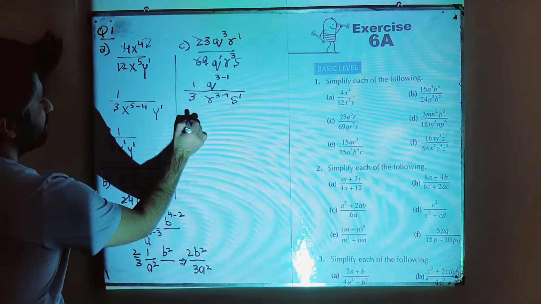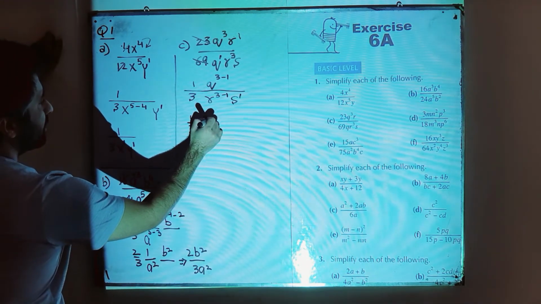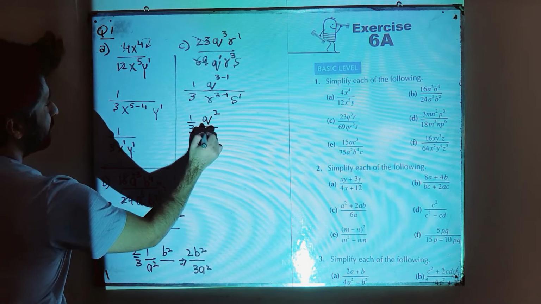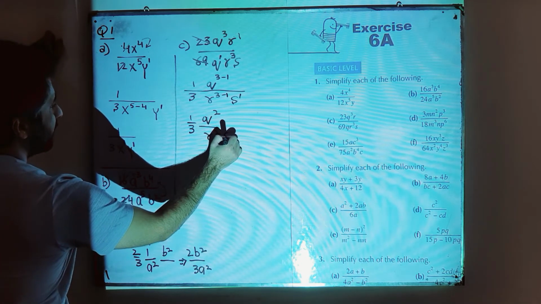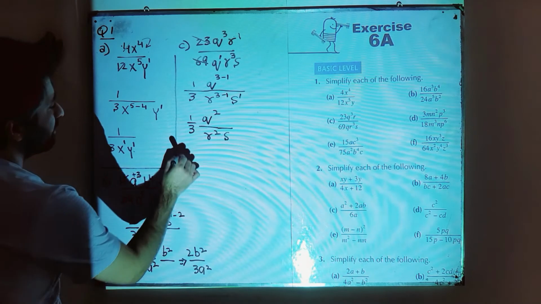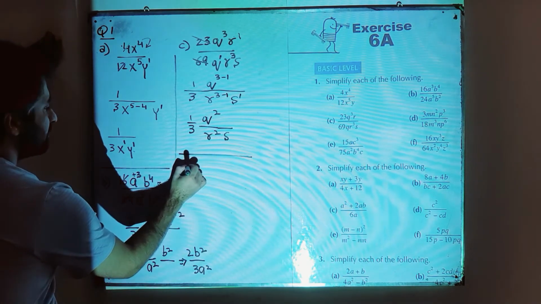So your answer will be 1 by 3 q square over r square into s. This is your simplified form of this one. Next is part number D,